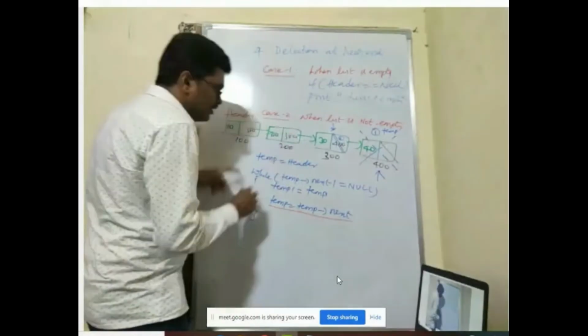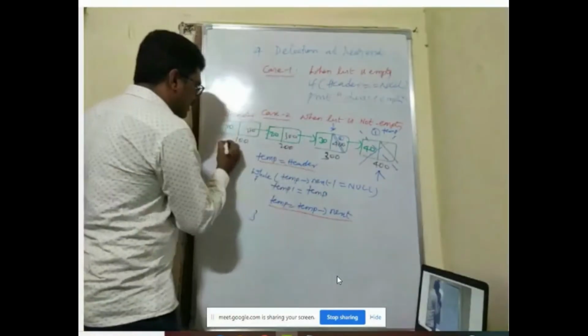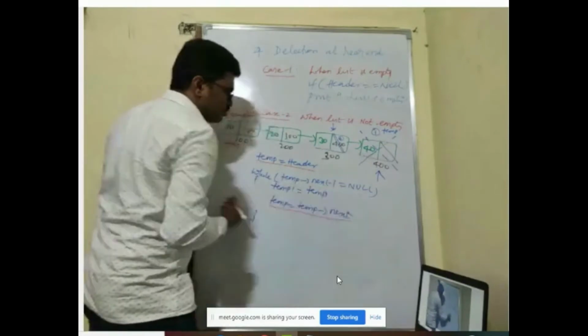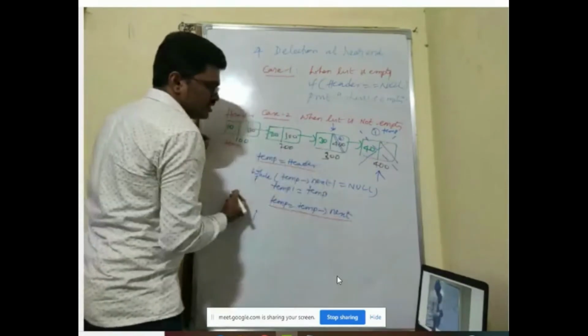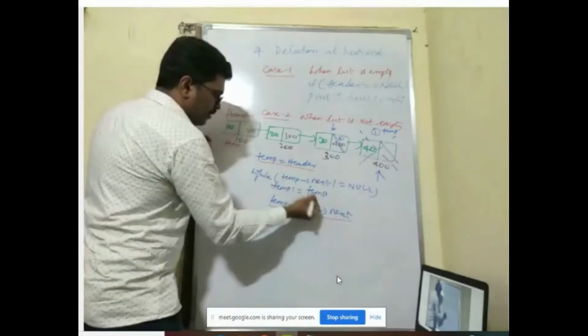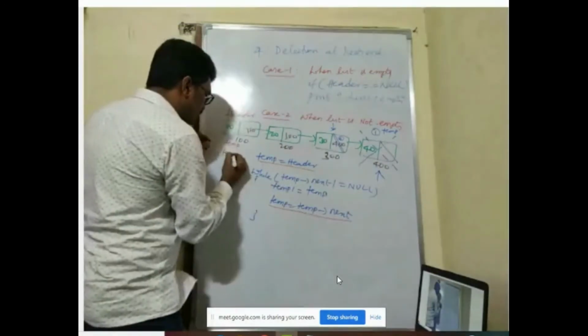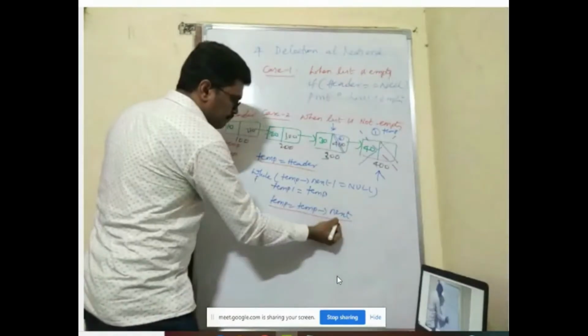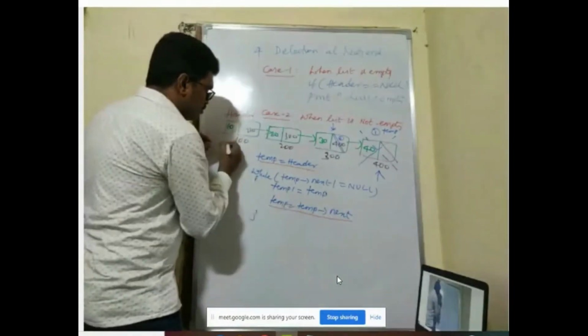So now I'll start with temp equal to header. My temp is here. Temp next not equal to null, true. So it is 200, 200 not equal to null. Temp1 equal to temp, so my temp1 will be here. Next, temp equal to temp next. What happens? Temp will move to the